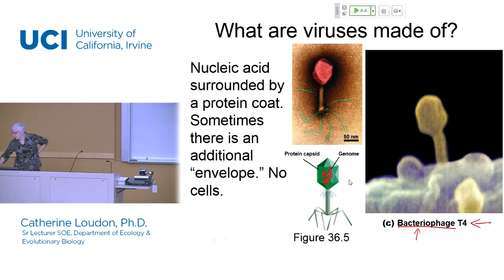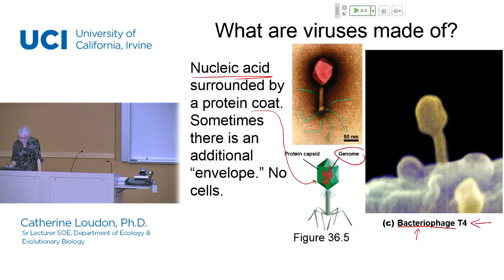But even though it looks like a complex structure, it is still basically a nucleic acid, right? So here it is, the genome, shown here in bright orange in this particular diagram, surrounded by a protein coat. So in this particular figure then, everything made out of protein is shown in green. It's not green in real life. That just makes it easier to see it.